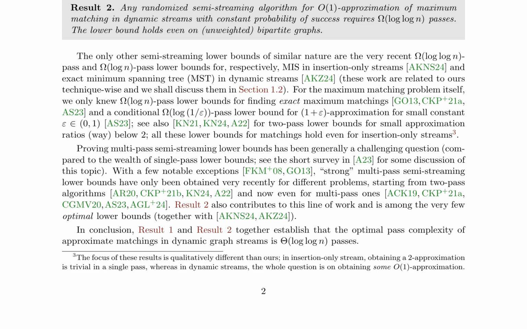The authors present two main results, including a randomized O(log log n) pass O(1) approximation semistreaming algorithm and a lower bound of omega(log log n) passes for any randomized semistreaming algorithm. The paper's results have implications for the design of efficient algorithms for dynamic graph streams and provide a better understanding of the limitations of semistreaming algorithms for this problem. The techniques and results can be applied to other problems in dynamic graph streams and have the potential to lead to new breakthroughs in this area.